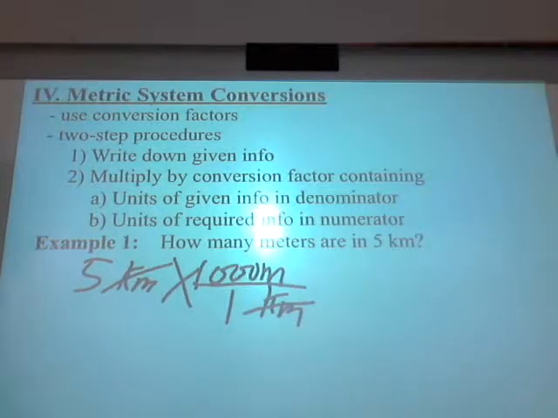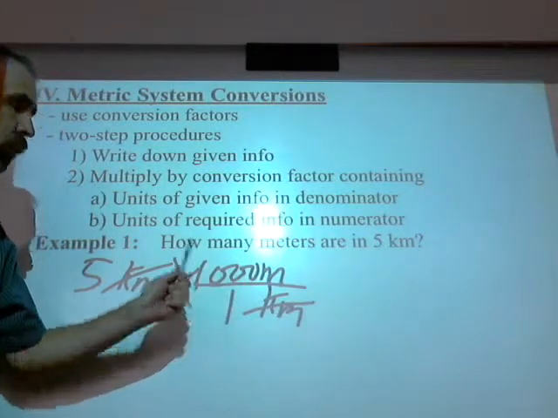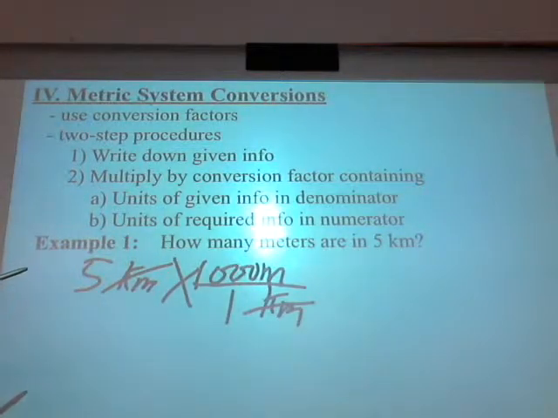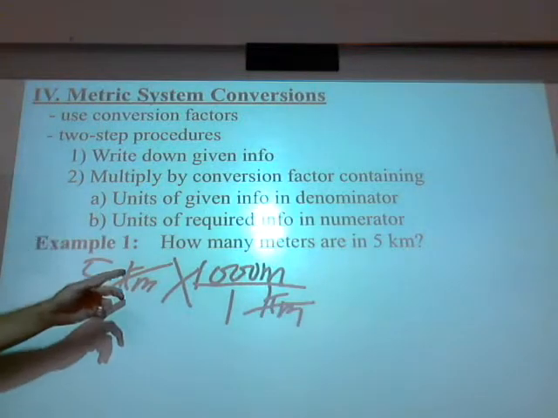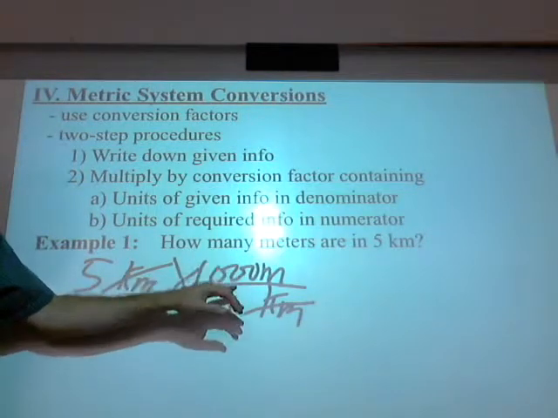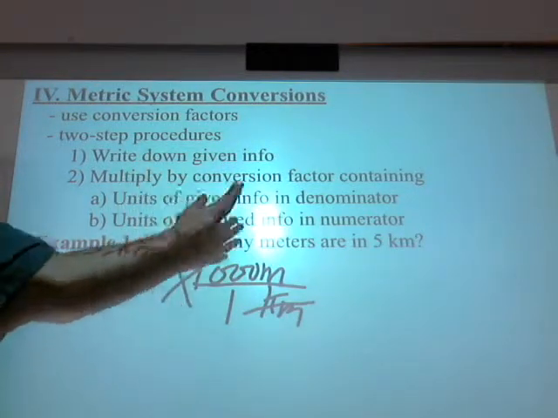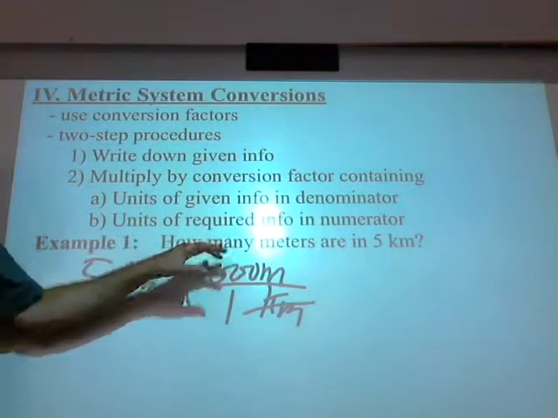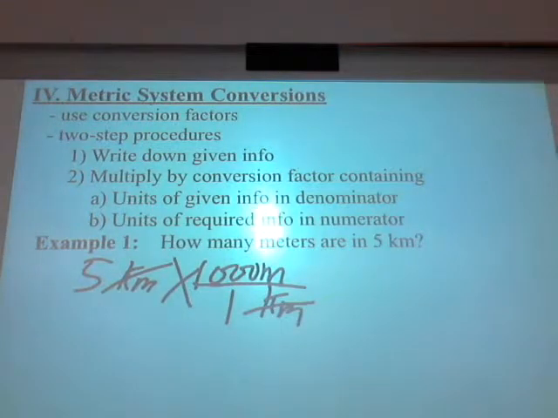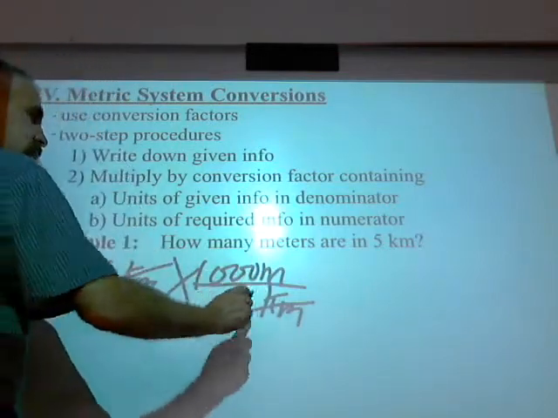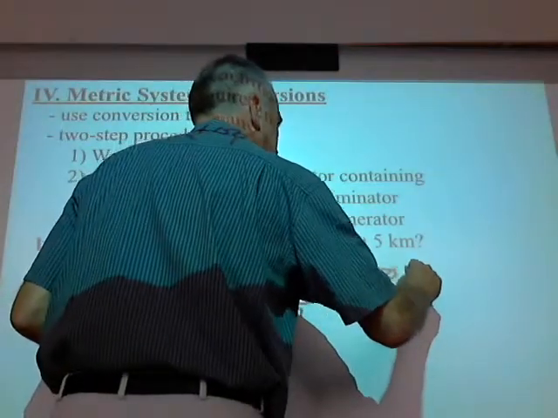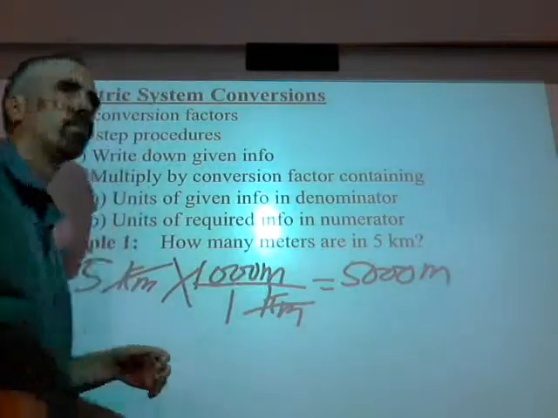What tells me how many places I'm going to move it? The zeros. 1, 2, 3. You see it? You just count up how many zeros you got, right? Second, how do you know which way you're going to move it? Well, it depends if you're multiplying or dividing by 1,000. In this case, I'm multiplying by 1,000. When you multiply by this number, if he's in the top, am I going to make that 5 bigger or smaller? Bigger. When you multiply by something, you make it bigger. So 5 moves 3 spaces is going to be 5,000 meters.